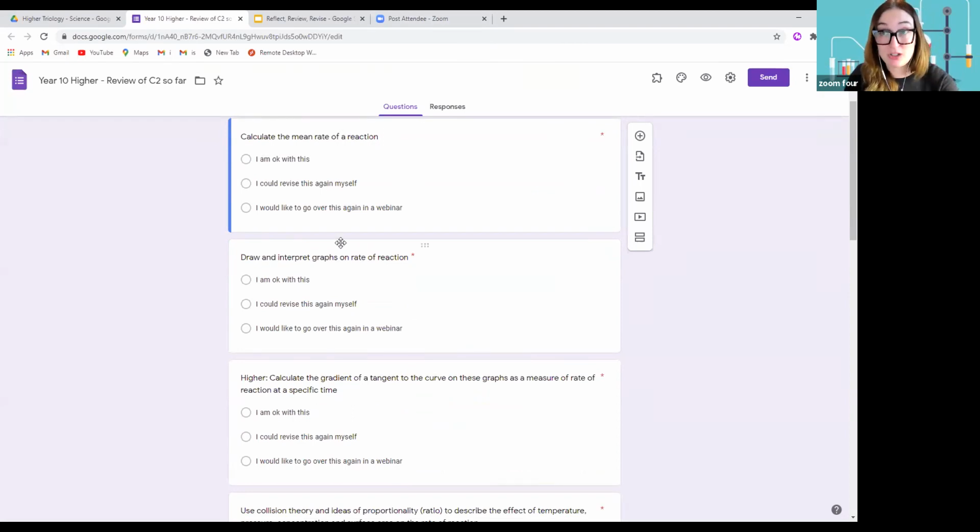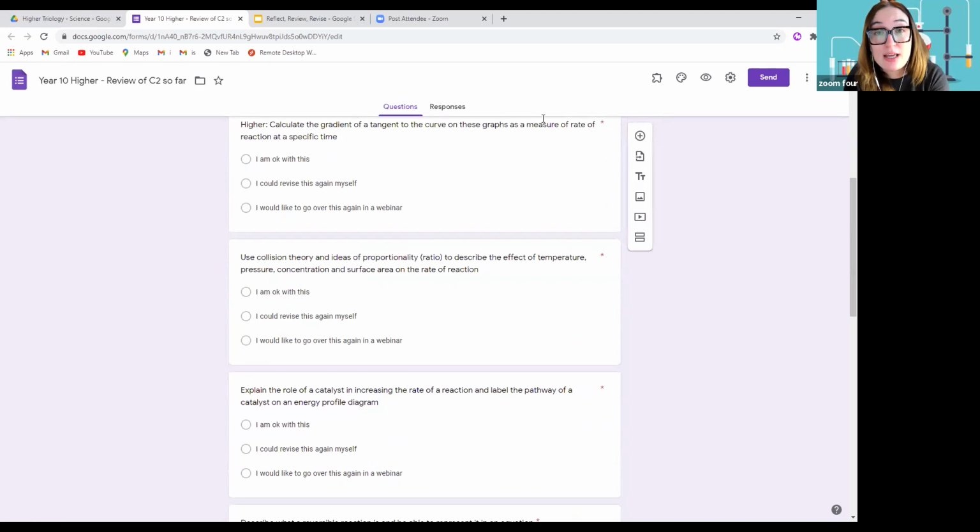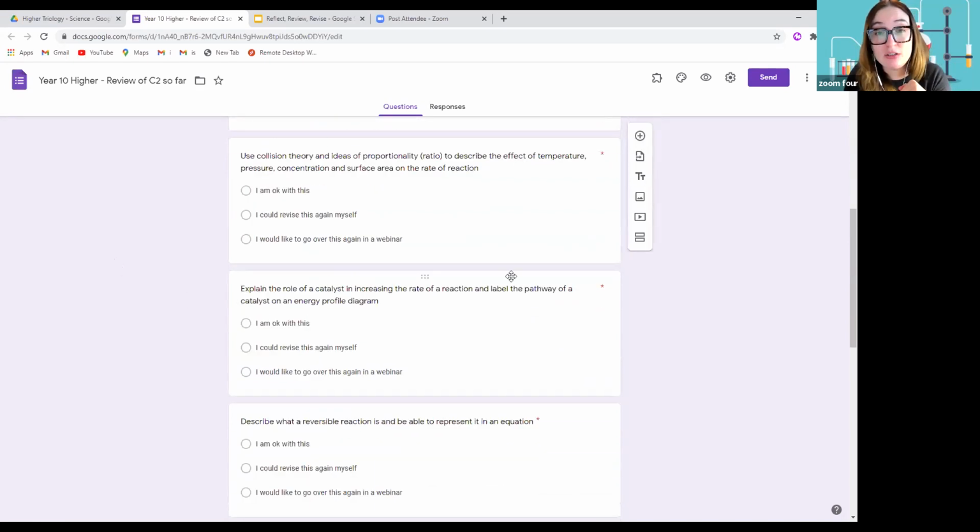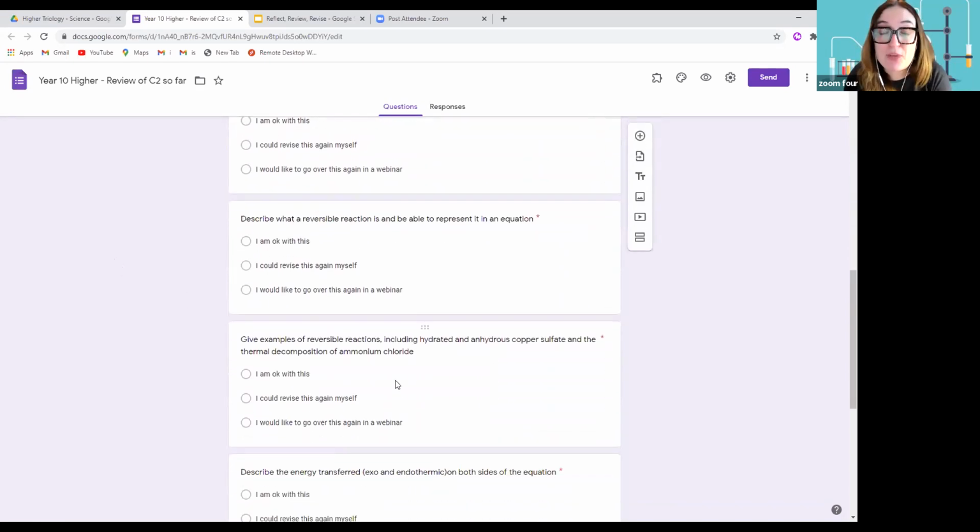is what tells us as teachers the points that you need to be taught, so the stuff that could come up in the exam. So what we've done is we've taken out the key bits from the specification that we've gone over so far, and you're going to decide whether you're okay with it, you feel confident with it,